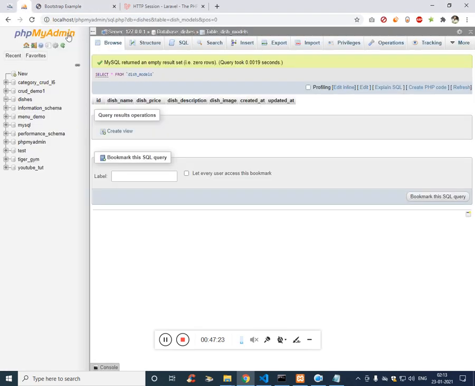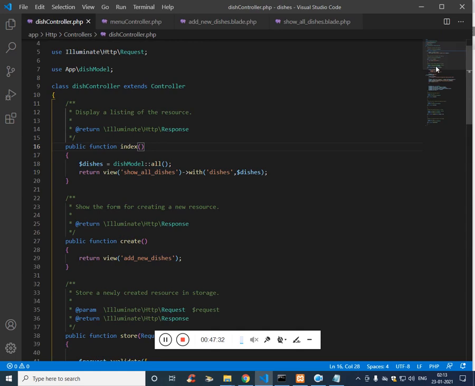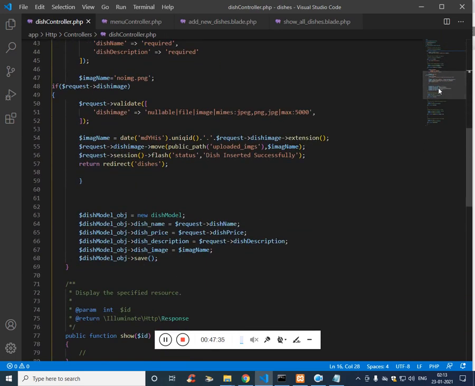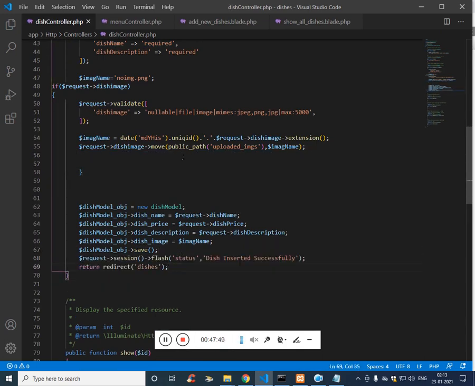Data inserted successfully, it says, and the value is not getting inserted. So there is some problem on the controller. This save function is not working as we intended. So actually we are redirecting just after populating the public file. So we are not running this file. Whenever we write return, the code below them is skipped.